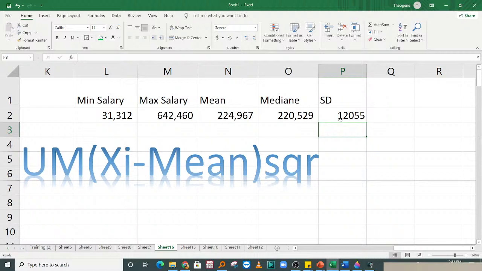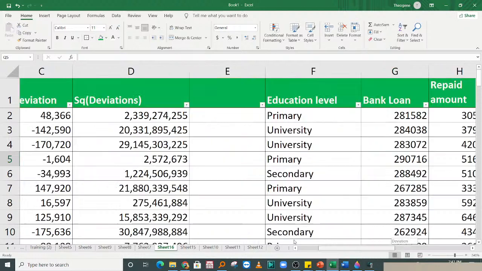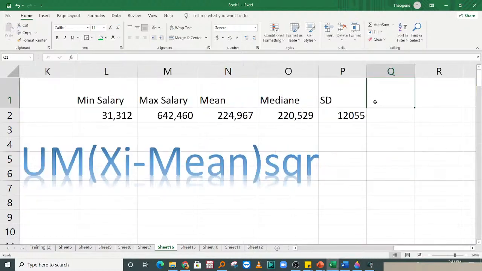But because salaries are not supposed to be equal, that is how we calculate the difference and how we calculate the standard deviation. If we need to know the variance,